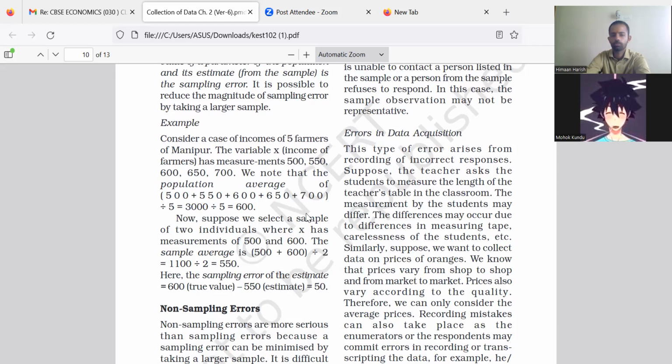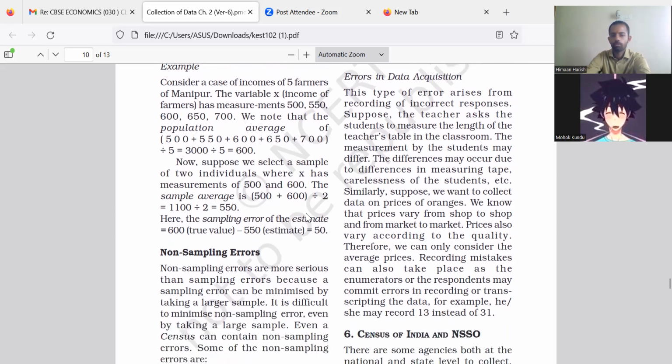Suppose a teacher asks the students to measure the length of the teacher's table in the classroom. The measurement by the students may differ. The differences may occur due to differences in measuring tape or carelessness of the students. Similarly, we want to collect data on prices of oranges. We know that prices vary from shop to shop and market to market. They also vary according to quality. We can only consider the average prices. Recording mistakes can take place as the enumerators or respondents may commit errors in recording